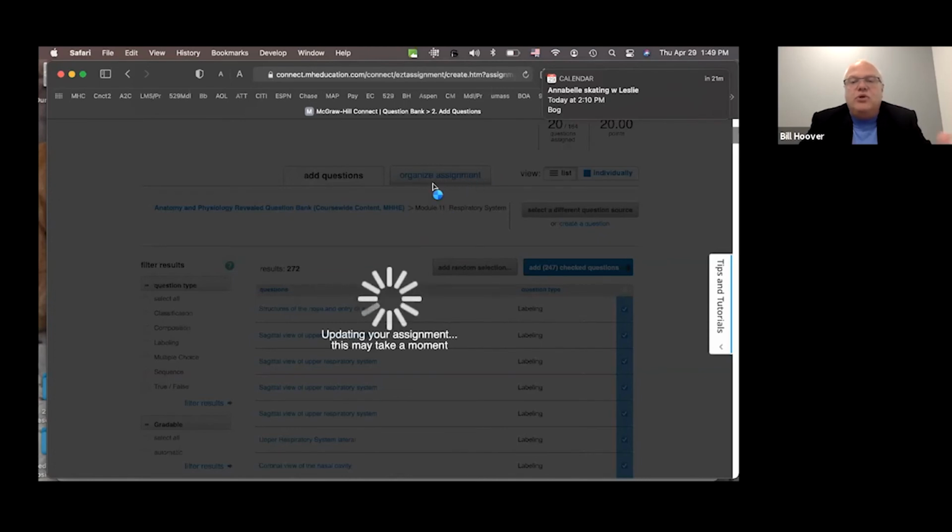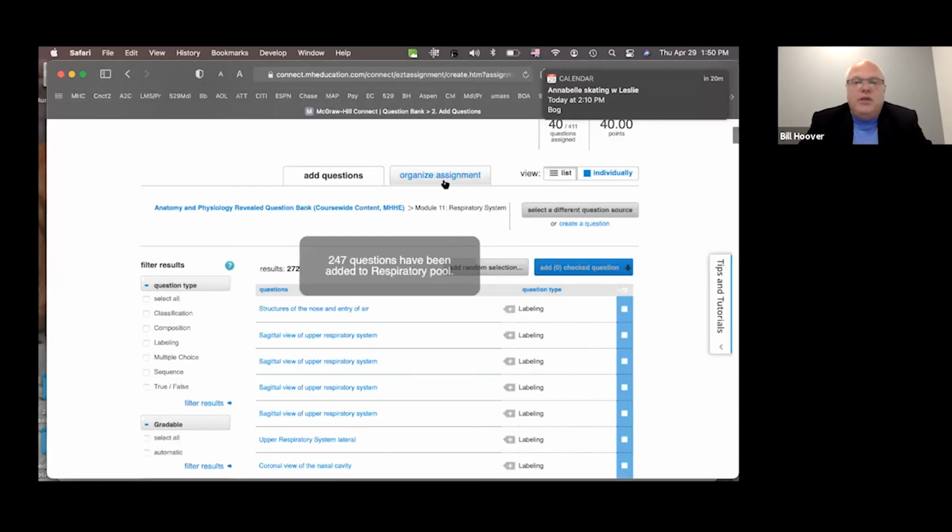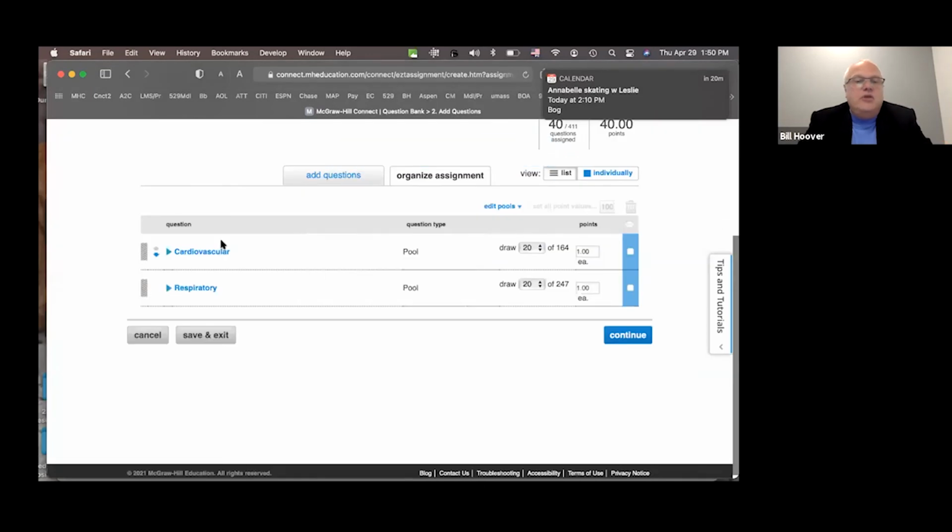And I think that this is really, really powerful, because you're going to create an equitable activity, meaning that when students come in here and they come to take your test, there it goes, you'll see that there is a big pool, which means that if 10 students get in the room at the same time and take the test at the same time, they're all going to get 20 different questions out of 164. They're going to get 20 questions out of 247, and they're all going to be different for all 10 students,